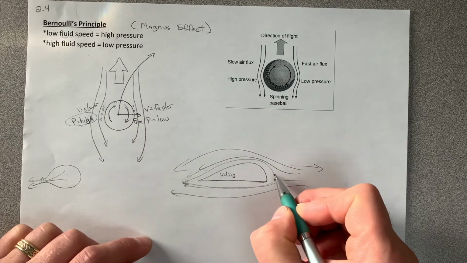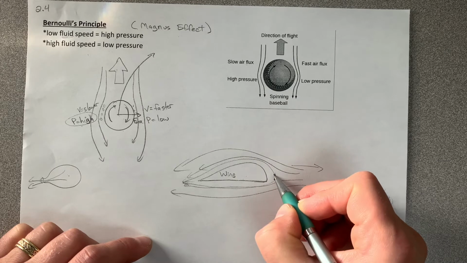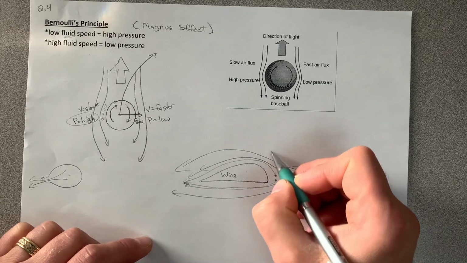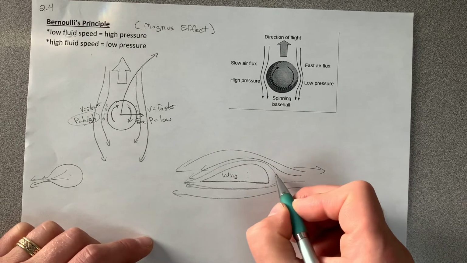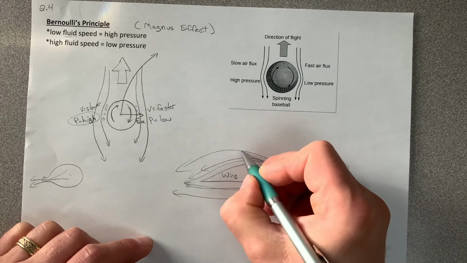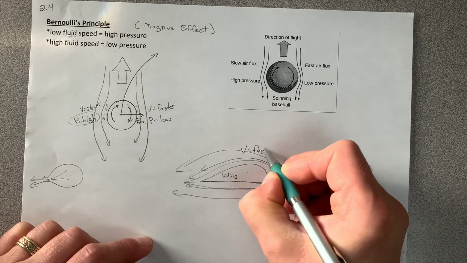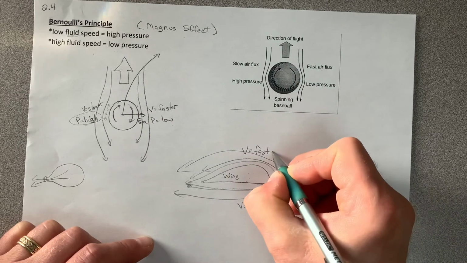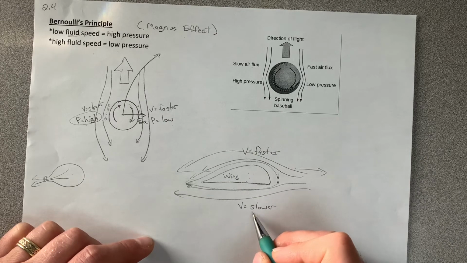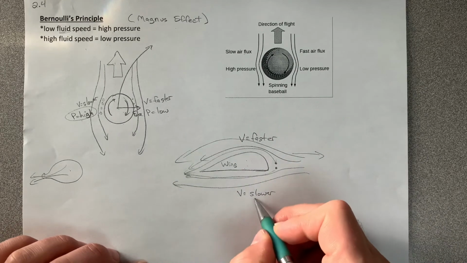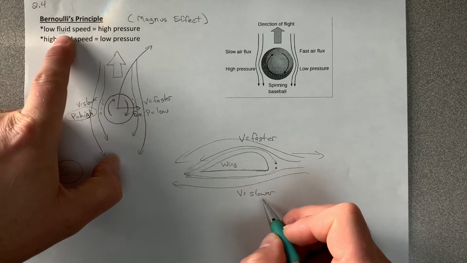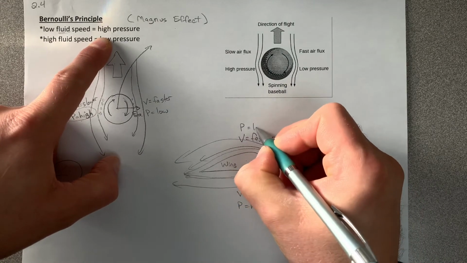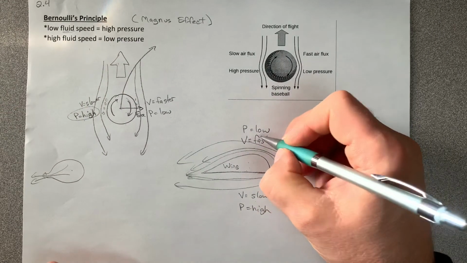But because of the shape of the wing, the one that goes over the top surface of the wing travels a further path. Because it's traveling a bigger path, you could think it has to get out of the way faster as this airplane wing rams through it, or imagine it travels a greater distance. What that means is we're going to get a faster fluid speed on top, and a slower fluid speed on the bottom. What that results in then, again from Bernoulli's principle, is that low speed means pressure is high. Here, pressure is low. Again, high pressure air wants to get to low pressure air.